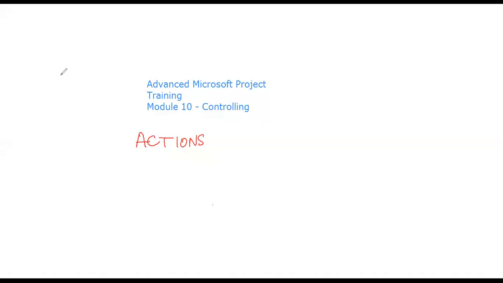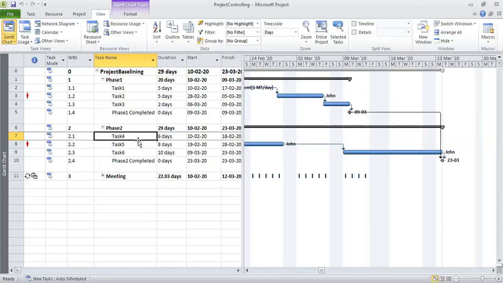But before we get into module 10 per se, there's one small interesting feature of Microsoft Project which I'm not sure whether we discussed before or not, and I wanted to share that information with you. I have shared the Microsoft Project window with you now. Let us say we are at task 4 right now. This is a very simple schedule, just about 6 tasks and 2 milestones.